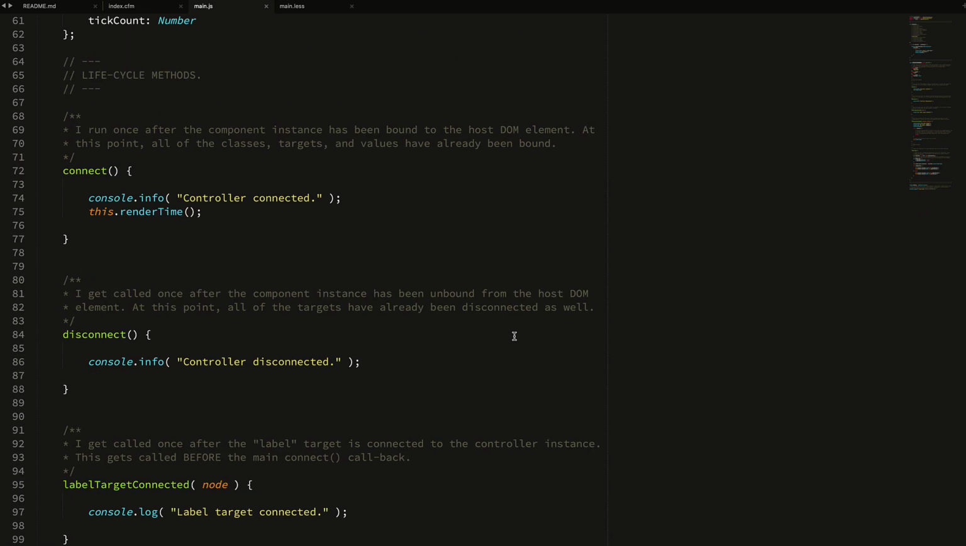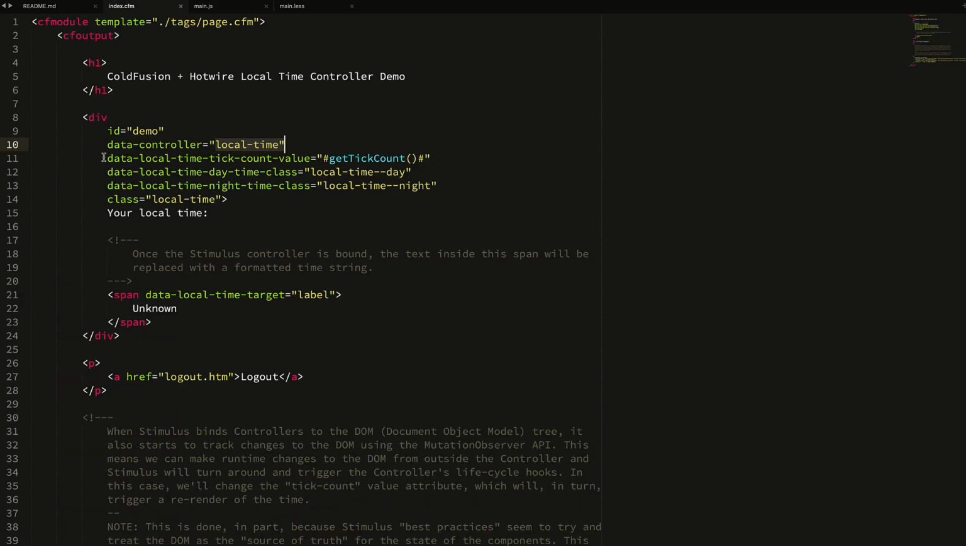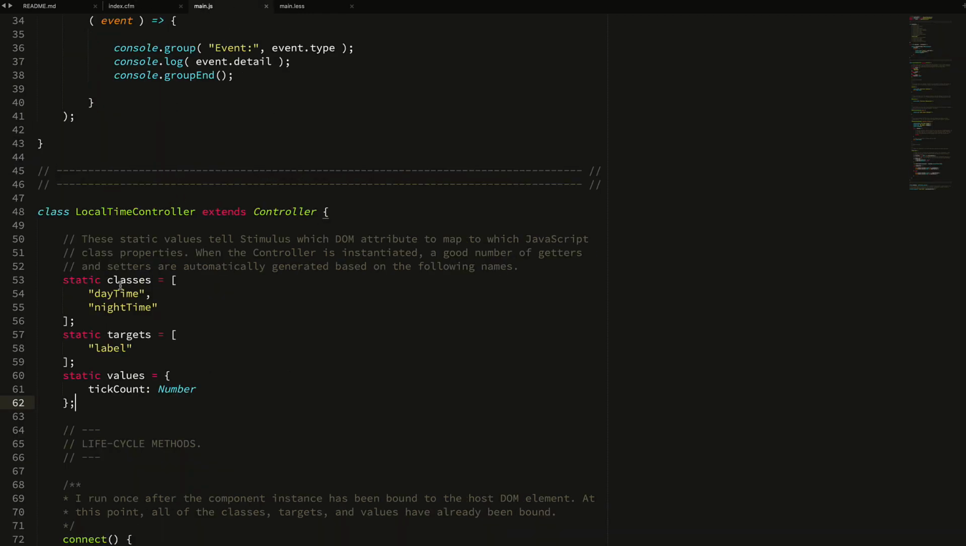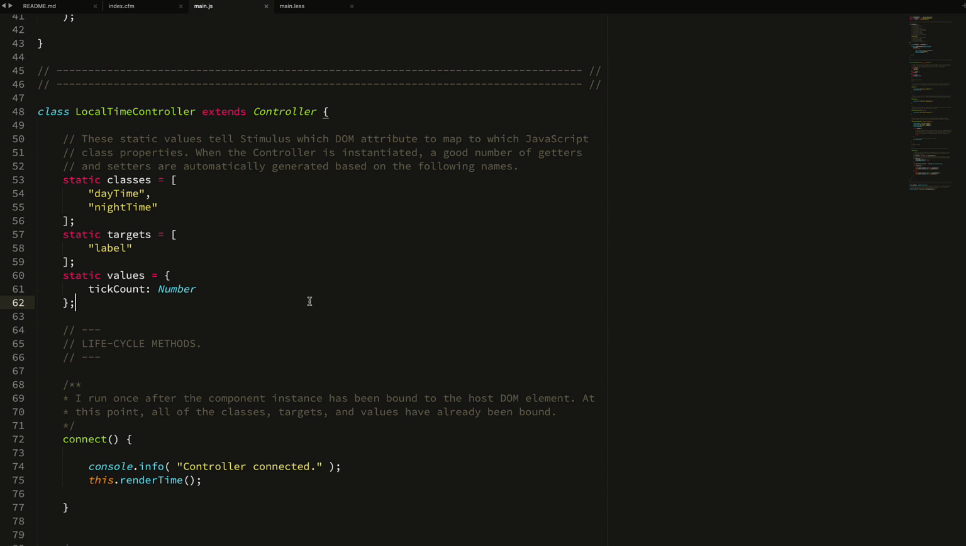Okay, so let's take a look at our controller. Our controller has a bunch of static properties at the top, and this helps Stimulus figure out which of these attributes map onto properties within our Stimulus controller. And again, it follows the convention of data, identifier, name, and then type. So this is the value, class, target, etc. When we define things like the daytime class, the nighttime class, the label target, the tick count value, Stimulus automatically generates a bunch of getters, setters, and change accessors on the controller class itself. So for example, this daytime class has things like hasDaytimeClass as an existence check, or the value here for tick count has tickCount and tickCountChanged, I think, and it also has getters and setters,